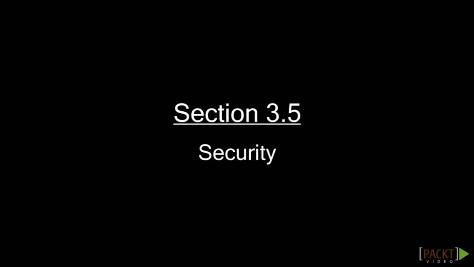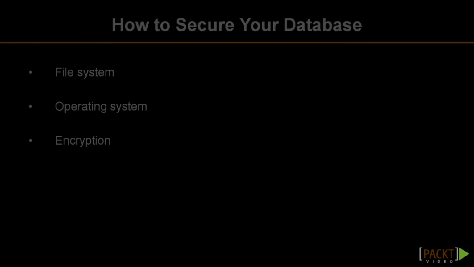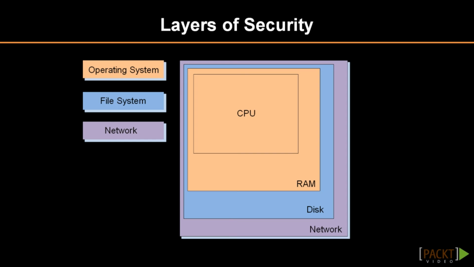In this video, we consider security in MongoDB. Securing a database requires paying attention to data as it exists at various layers within your system, from the operating system down through network communications. Encryption is one way to secure data within your database. Here we see that data from your MongoDB database is present in the CPU, RAM, disk, and network at different